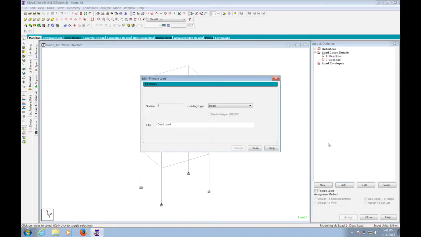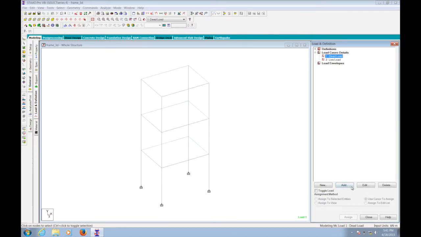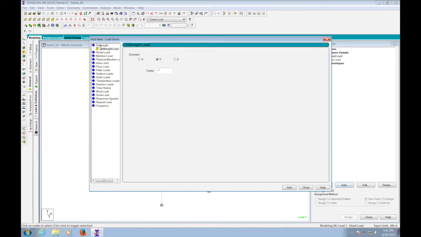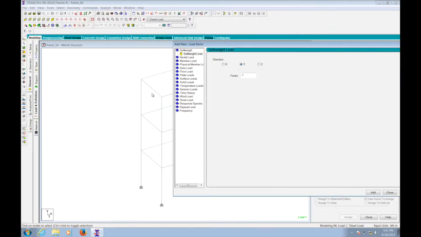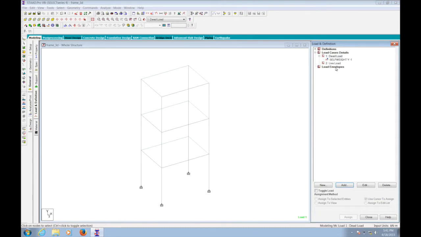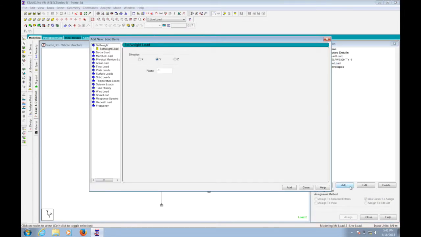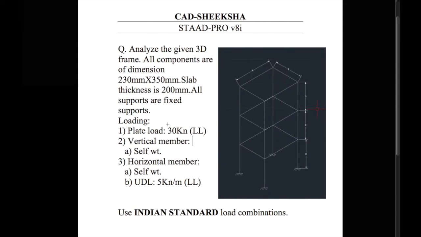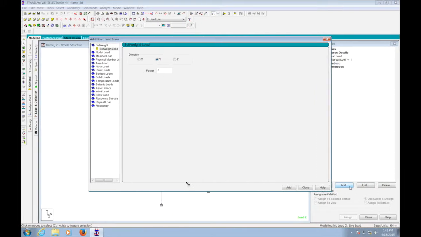So in the dead load we have only self weight here, so self weight will be in y direction negative because it is acting in the direction of the gravity. Add, close. Now in live load we have plate load of 30 kilonewtons and UDL on horizontal members of 5 kilonewton per meter.